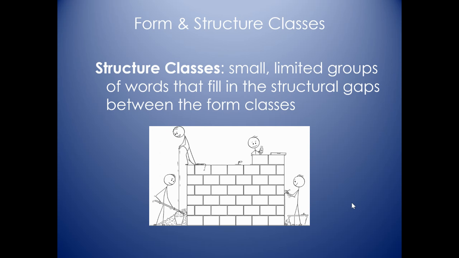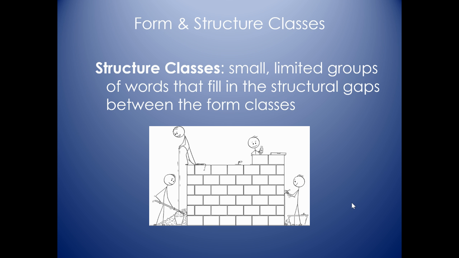Now we're going to take a look at what we call the structure classes. Well, if you think about it, if 99% of the words in our vocabulary are form classes, that means that only 1% are what we call the structure classes. These are also called the closed classes. And the reason we call them that is because, almost like a country club, membership's kind of closed. We don't really create new prepositions or new conjunctions. And so, unlike the other form classes where we're constantly creating neologisms and new words, these ones are pretty set